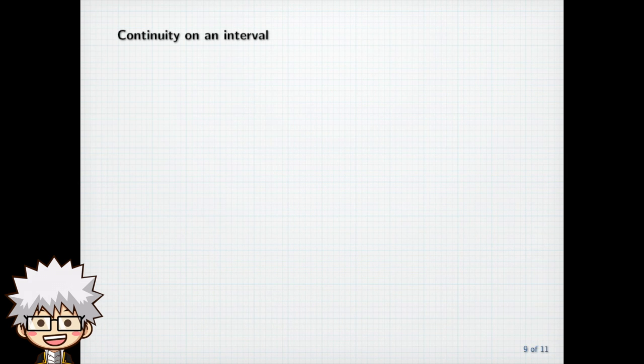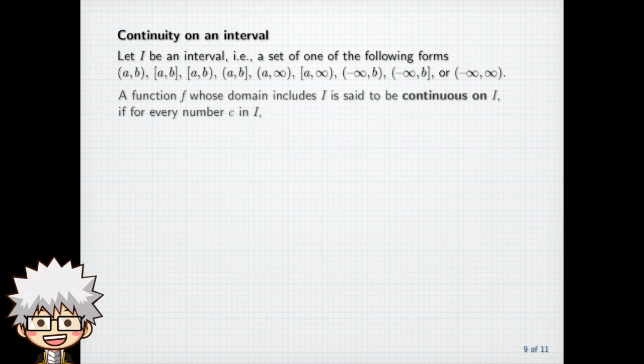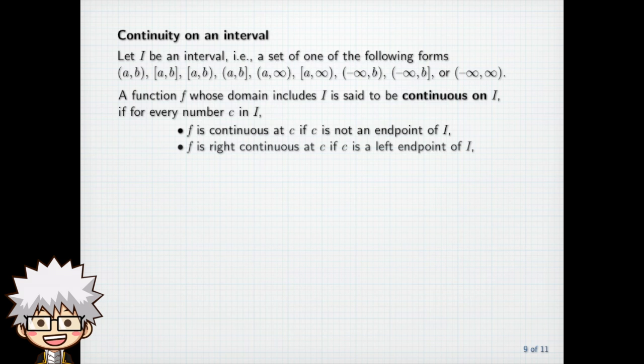Continuity on an interval. Let I be an interval. It may be a closed interval, an open interval, a half-open interval, or even an unbounded interval. A function f whose domain includes I is said to be continuous on I if for every number c in I, f is continuous at c if c is not an endpoint of I, f is right continuous at c